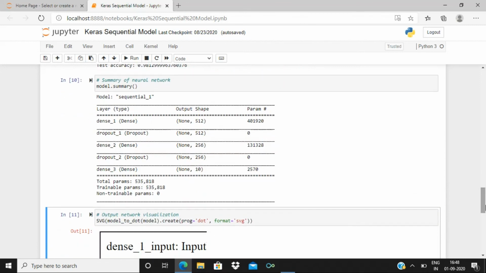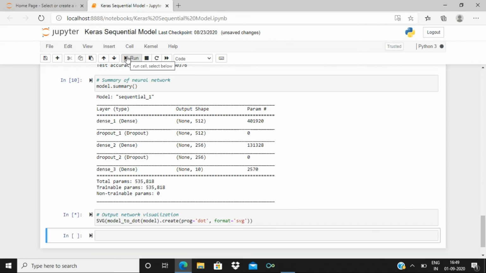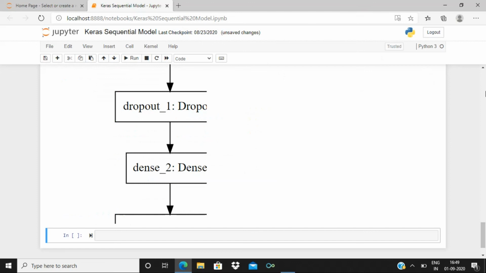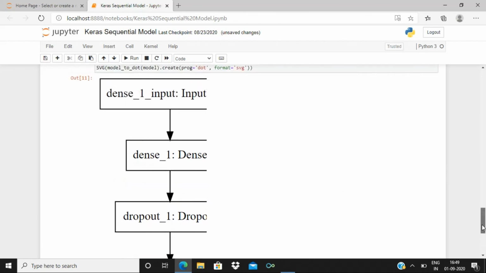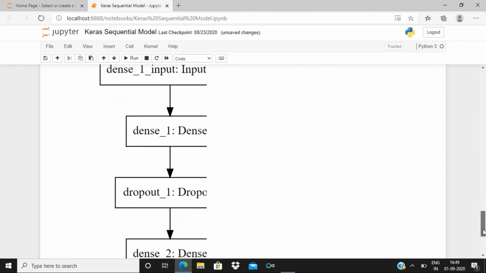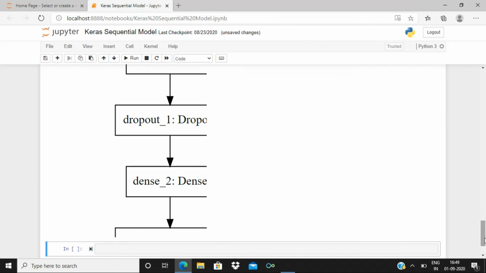For that, we are using the SVG method, and inside that we'll pass in our model to dot, and we'll create a dot plot. Now let's click run. This gives us the entire process which we have performed in the Keras sequential model. So this is how you can implement a simple sequential model using Keras.